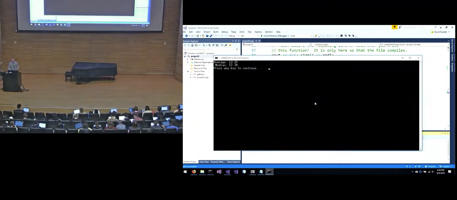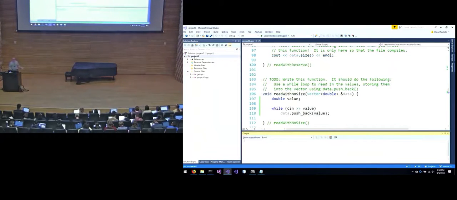Run it. And look at that. Now the program did something useful. It read a bunch of doubles from the input file. It showed me the average, and it showed me the median. And the Project Zero spec will tell you what the right values are, so the right values will be in the video. So now we've gotten one of those three options working. So there's read with no size, read with resize, read with reserve, to get used to these ideas of resizing